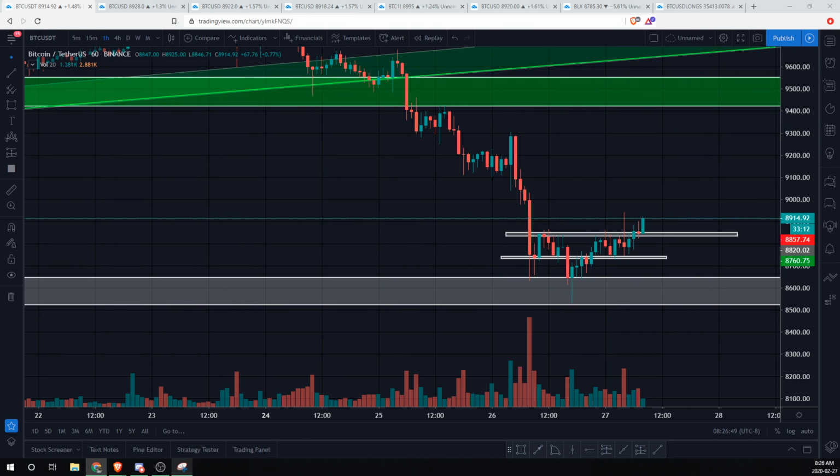What is the platform again? So it's tradingview.com. Absolutely free to use. There's a paid version for